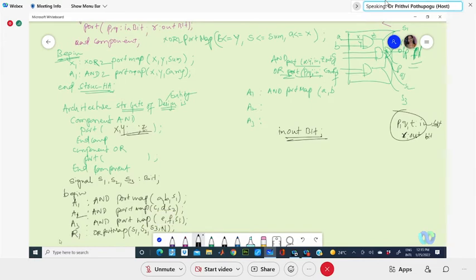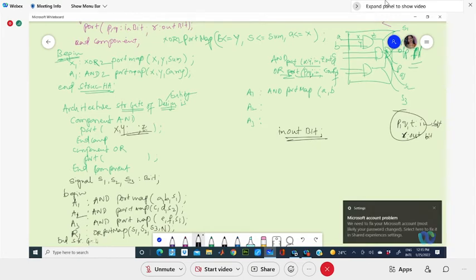Now here you need to end the architecture. What is the name we have given? Structure dot gate sort of thing, underscore gate name. So this is the way we need to give the declarations.